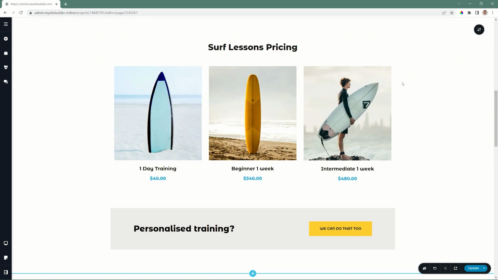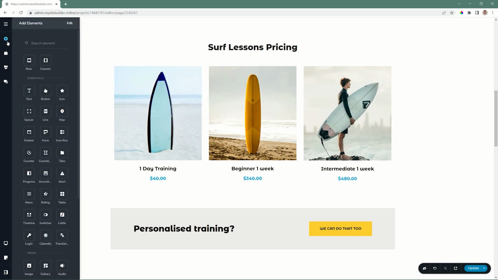These are container elements, and there are 2. The first one is the column element, and the second one is the row element. As I hover over these areas, you will see the blue bounding box. That is a column. Let's go to the Add Elements on the sidebar on the left, and you will see